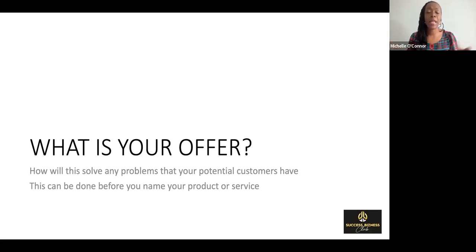You don't have to name it like Michelle & Co. or Michelle Financial Services Limited. We're not there yet. If you have already started your business though, and you are here, go ahead and put what it is that you offer. But right here is a description of your offer. It's a description of your product. It's a description of your service. And you're now able to provide that information to somebody who wants to know, okay, what does Michelle & Co. do? By the way, it's Success Bizness Club, but just using that as an example.